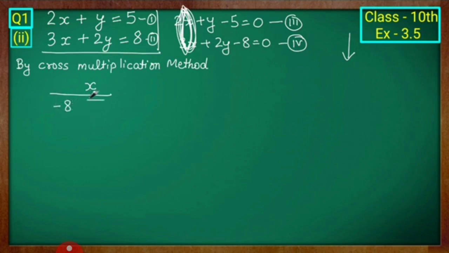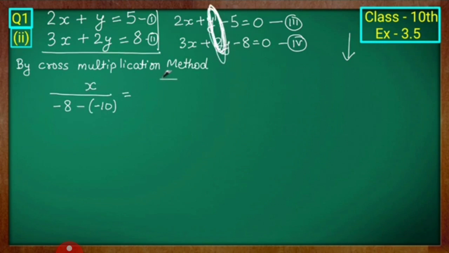The coefficient of y is 1, multiplied with the constant term minus 8. So 1 into minus 8 is minus 8, minus b2 c1, b2 is 2 and c1 is minus 5. So 2 into minus 5 is minus 10. For y we hide the y term and